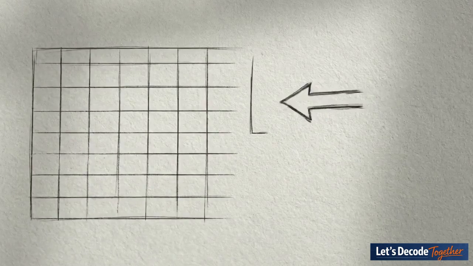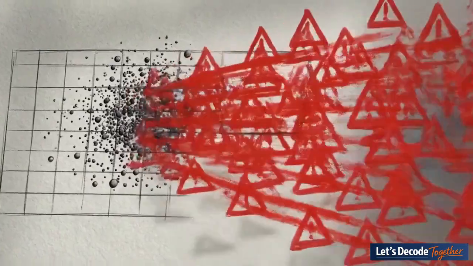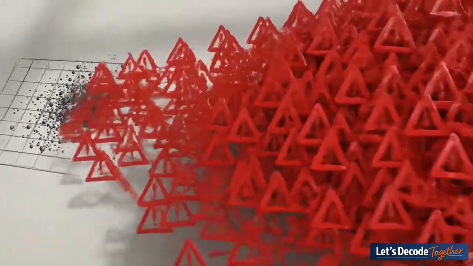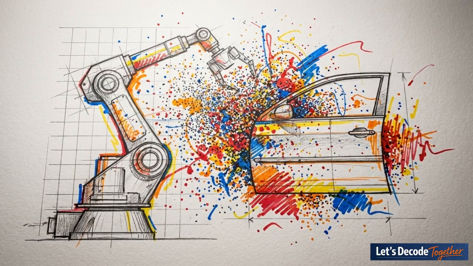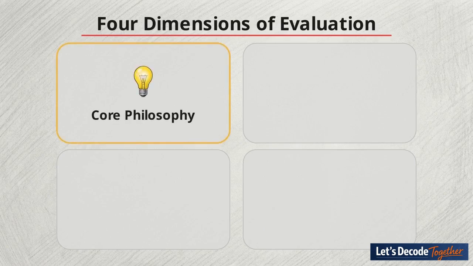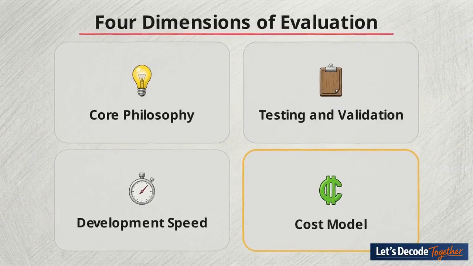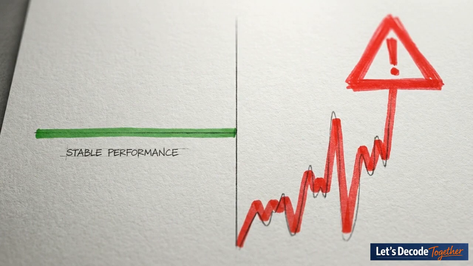Applying rigid, traditional code to highly ambiguous, unstructured problems results in fragile applications that break when they encounter the unexpected. Conversely, relying on AI for strict rule-based systems introduces risks like hallucinations and unpredictable behavior in environments that require total consistency. We can evaluate these two paths across four specific dimensions: core philosophy, testing and validation, development speed, and the cost model. The decision made at this fork in the road determines whether a product can scale reliably or becomes